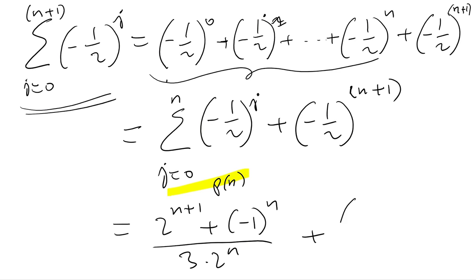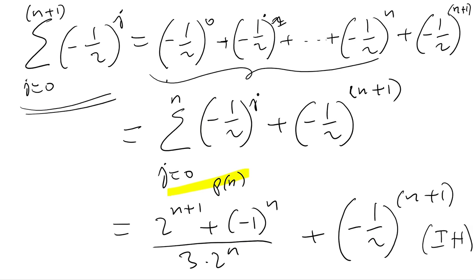So I can break this down this way. This is going to be (-1/2)^(n+1), right? So this is by inductive hypothesis, because we replace this expression by this, right? Now from that expression, what we get is we can just extend it. So we have this equal to